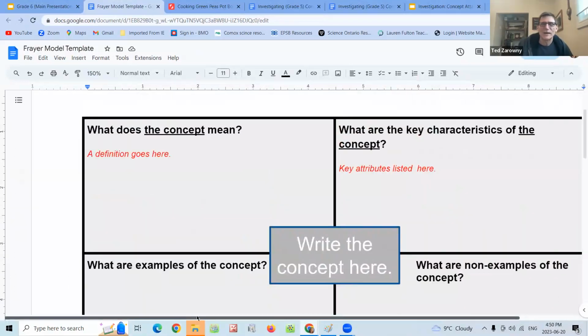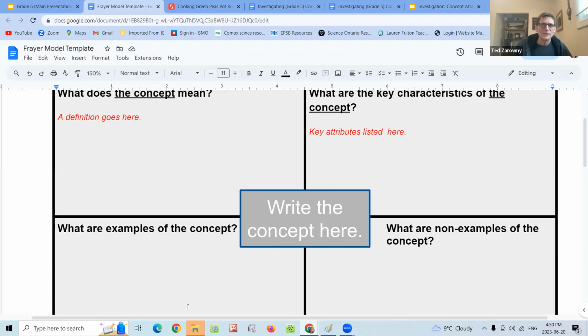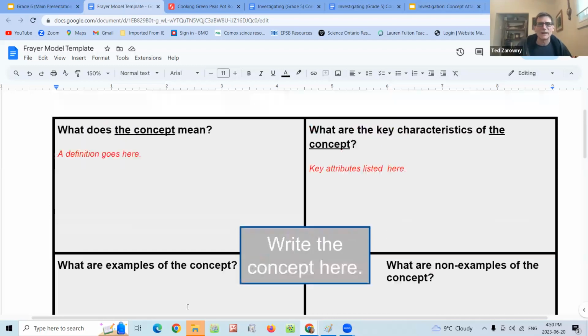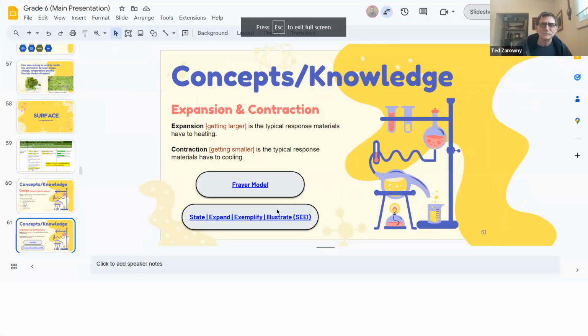So you maybe do expansion and contraction on the same sheet, for example. You could put in other things in there, such as density. What is density? Because students need to know what that is at this level as well. And any of those other concepts that go into here, they can each have their individual sheet, and you can use that as a template if you want. And again, it's providing those examples and non-examples that really show where the kids understand the concept.